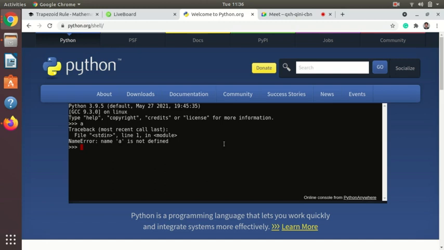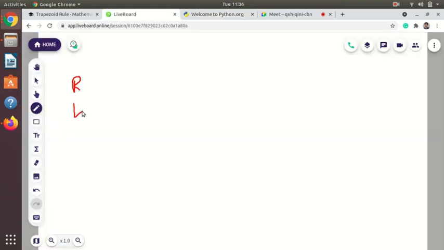And what does Python do? Python will evaluate. There is a term REPL. So what do these letters signify? R means read. E means evaluate. P means print. And then lastly it is L, that is loop. So what is loop? I will show you.